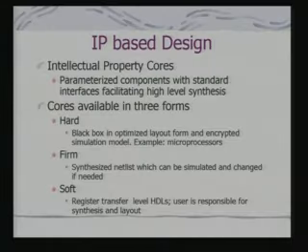The other variant of the core is called firm core, where you really do not provide the design at the layout level, but provide it at the netlist level. That means at the level of connections between the constituent blocks, maybe at the gate level connections. So, what is the advantage? That it can be simulated definitely, because you have a netlist connection and specification at the component level. It can also be resynthesized with necessary changes. So, the visibility of the design is more compared to that of hard core.